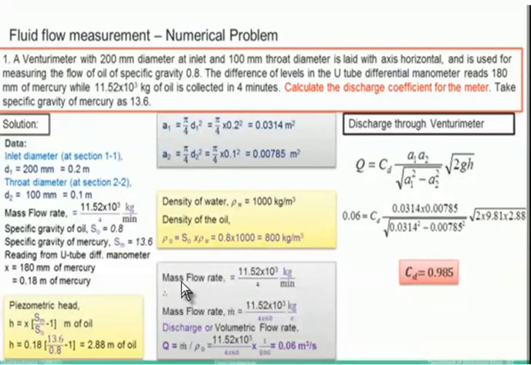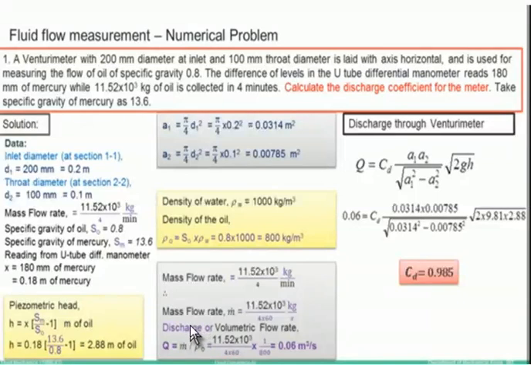Okay, so now the mass flow rate. He has given 11.5 × 10^3 divided by 4, that is kg per minute, which we have to convert into kg per second. That mass flow rate, indicated by m dot, is 11.5 × 10^3 divided by 4, which is given in the problem, divided by 60. If you divide this value by 60, we will get kg per second, because 1 minute is equal to 60 seconds. That's why I have to divide by 60 and multiply with this 4.